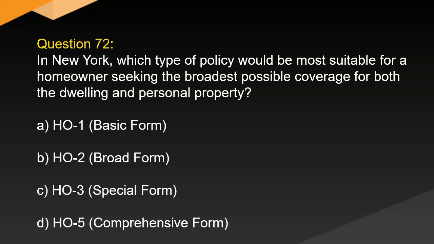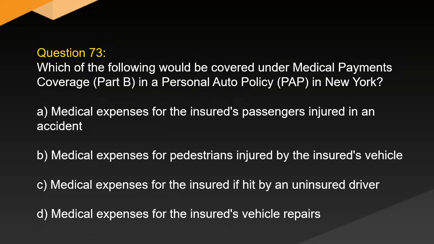A. HO1 basic form. B. HO2 broad form. C. HO3 special form. D. HO5 comprehensive form. Question 73. Which of the following would be covered under medical payments coverage, Part B, in a personal auto policy, PAP, in